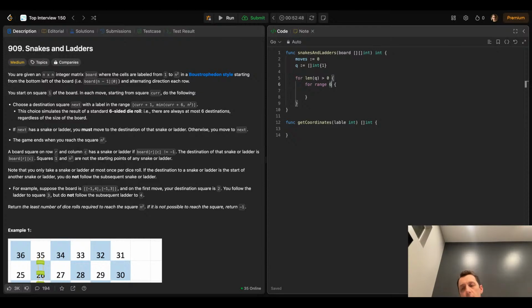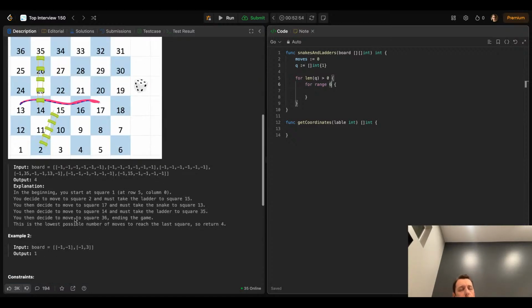Oh no, the next... so we'll get 6. We have 6 neighbors here. Each of these neighbors queue up. The problem is there is